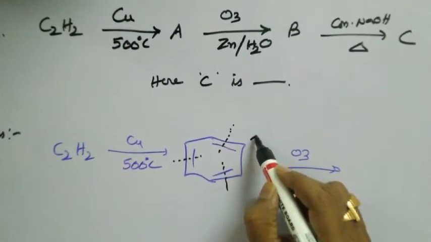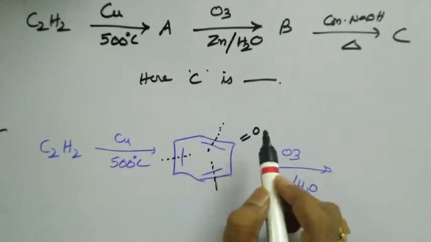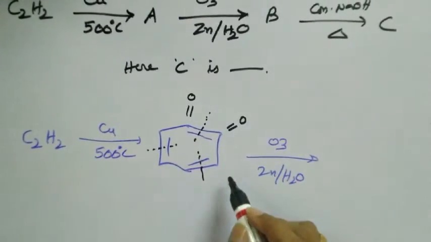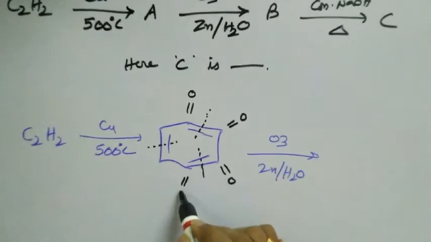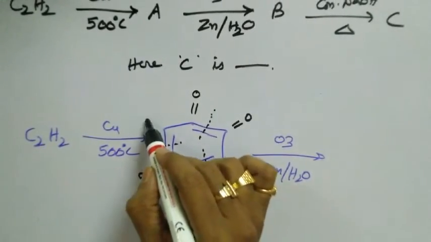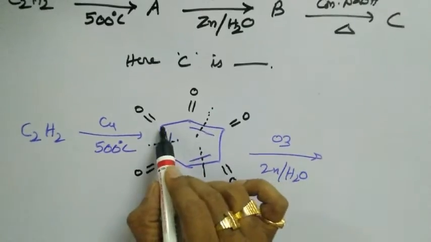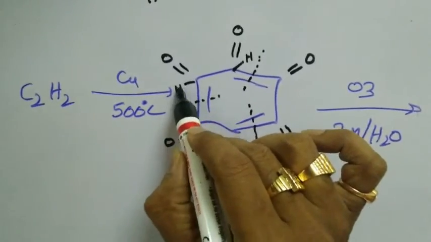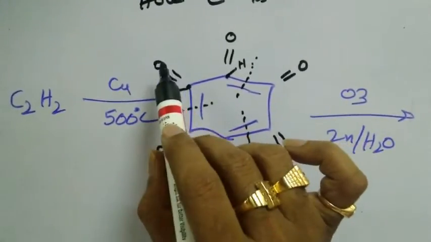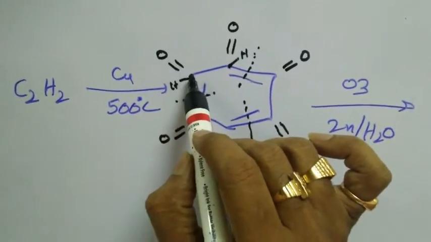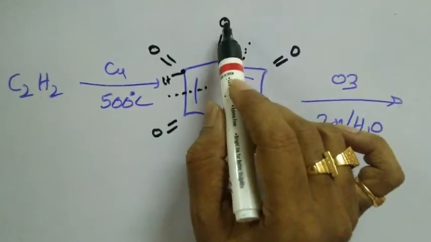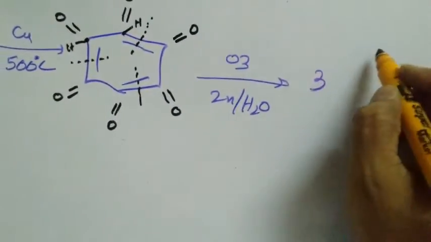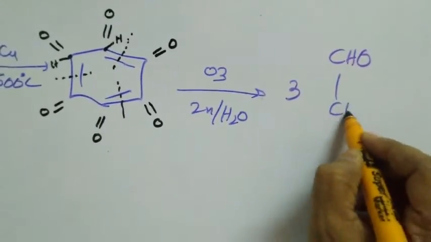Therefore, as a result, what happens? Wherever C double bond C is broken, we need to put double bond O to that carbon and also double bond O to the other carbon like this. So we need to write the double bond O's at each carbon like this. And mind you, at each of these carbons in benzene, we already have a hydrogen also. Therefore, what is the final product that you are getting? You are getting CHO single bond CHO. Therefore, this is nothing but glyoxal. So we are getting 3 molecules of glyoxal, that is CHO single bond CHO.